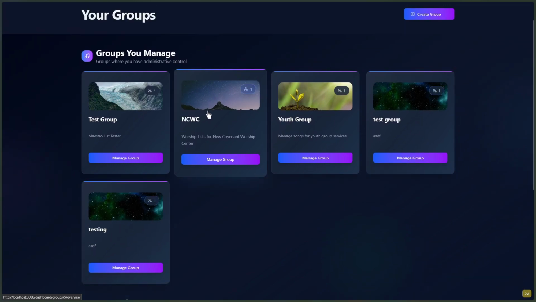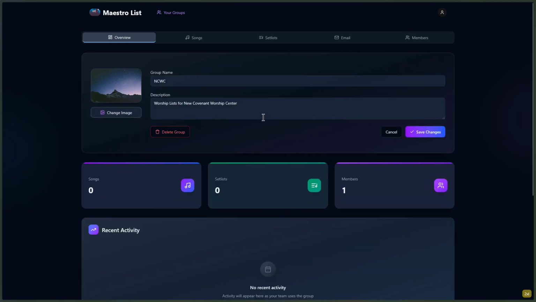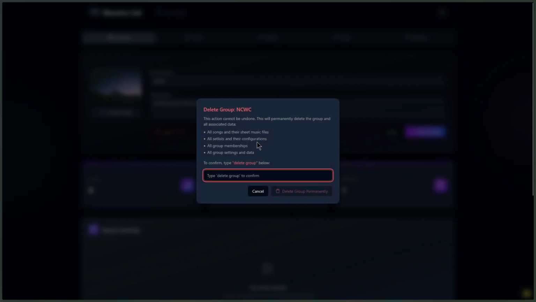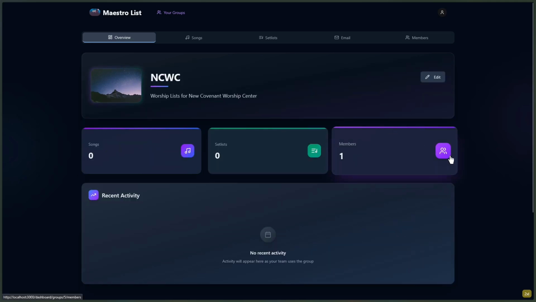So let's go into NCWC, New Covenant Worship Center. So this is the main dashboard page for the group, the overview. So this edit button will be hidden for non-admin users. But you can delete the group, which will delete all the song data and everything associated with it, which we won't do that. You can also update the profile picture and everything. So the general flow will be